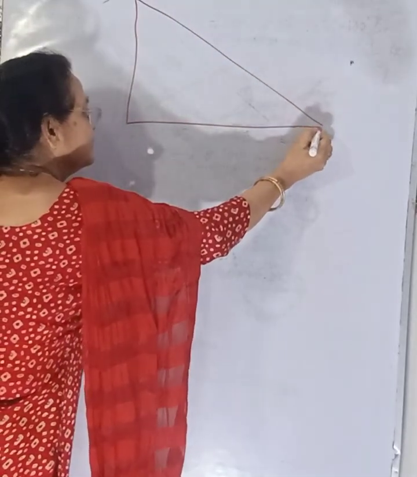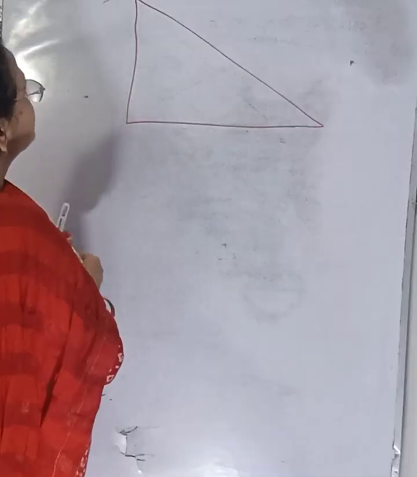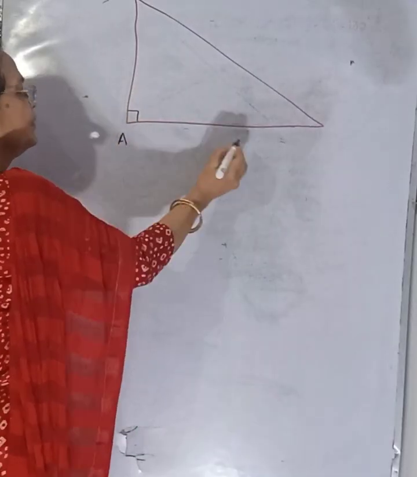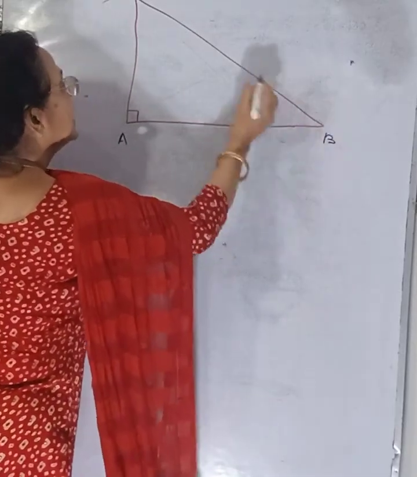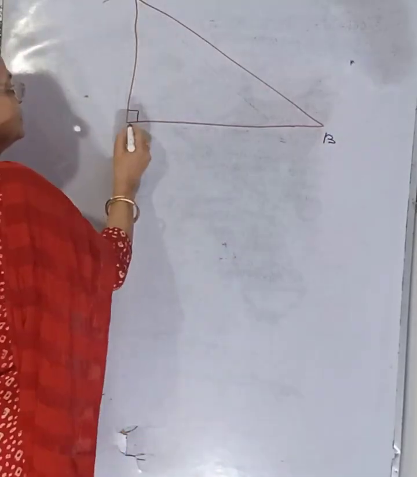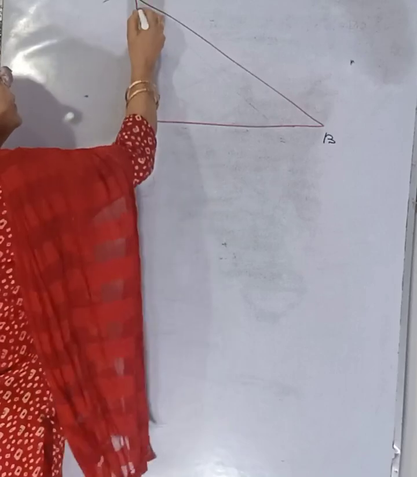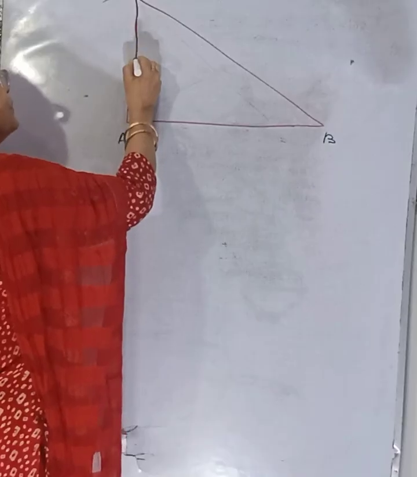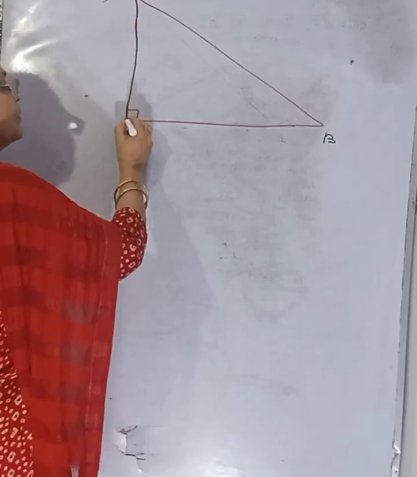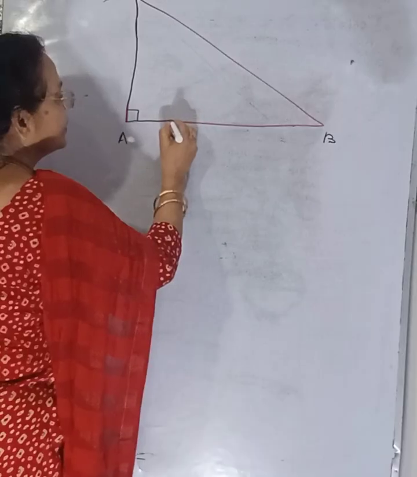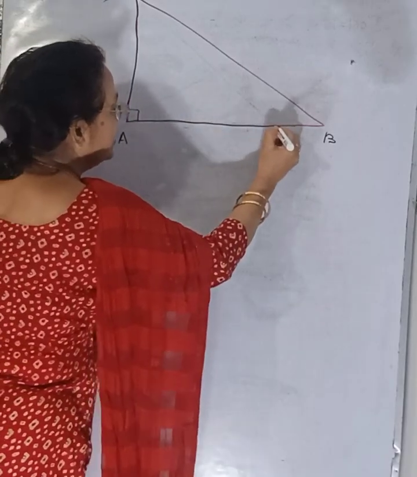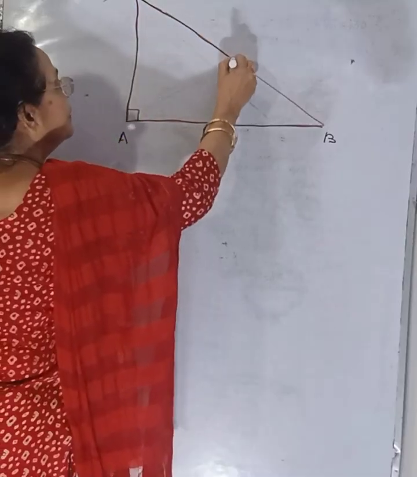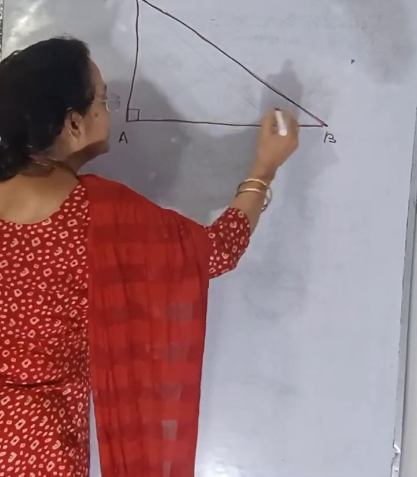This is a triangle. Okay, this is the 90-degree angle A, B and C. This is 90 degree. Let us draw with black so that it will be very much clear. This should be drawn in black color so that it will be very much visible to you. Okay, now this is ABC.